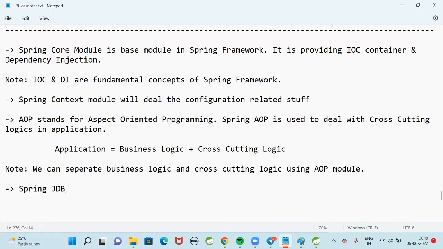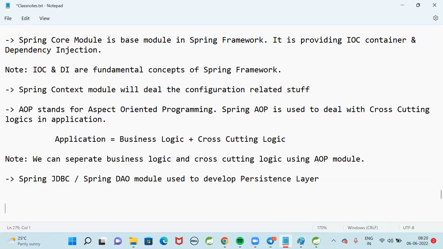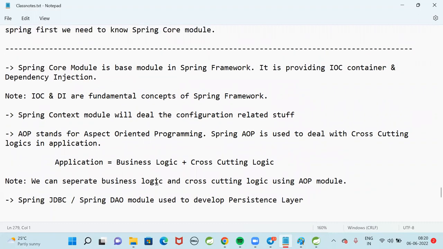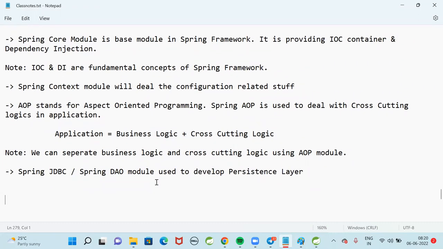Next one, Spring DAO or Spring JDBC modules are used to develop the persistence layer. Spring JDBC and Spring DAO are the same. That means I want to communicate with the database from my application. You don't need to load the driver, open the connection, or close the connection.